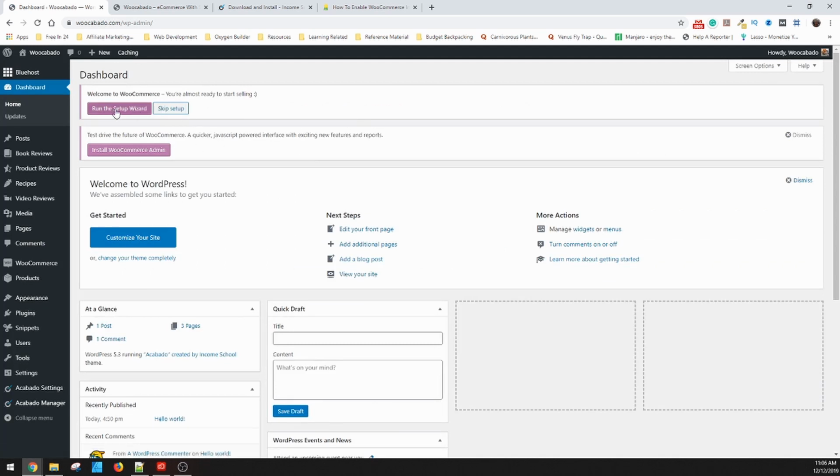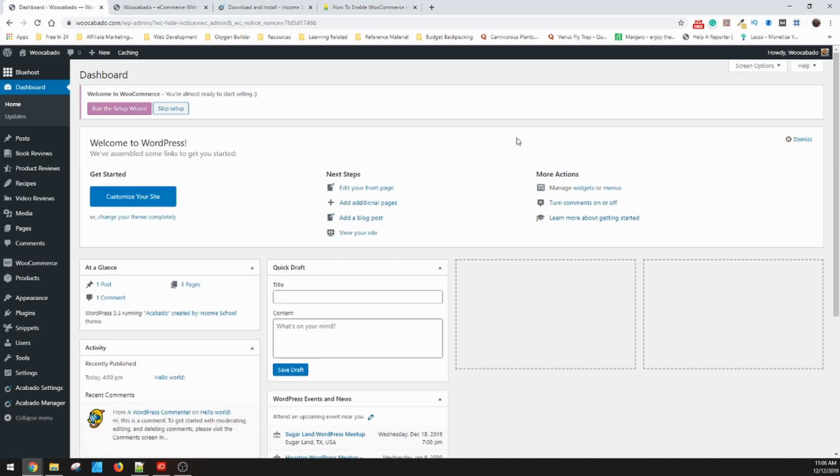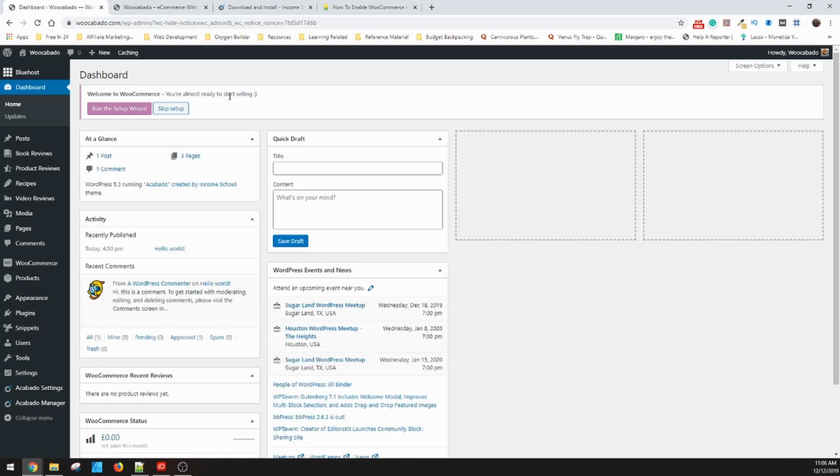So it'll come up here and you can run the wizard anytime. The admin has some interesting stuff to it. I haven't played around much with anything other than the WooCommerce side of things. So what happens inside here is now that it's set up, it created those pages for you. So we'll go over to the pages